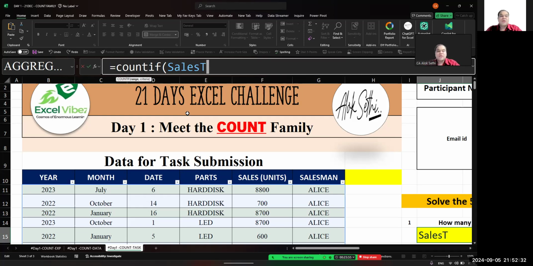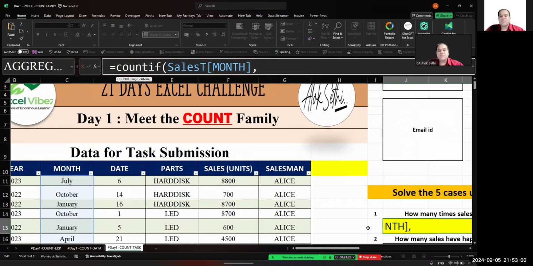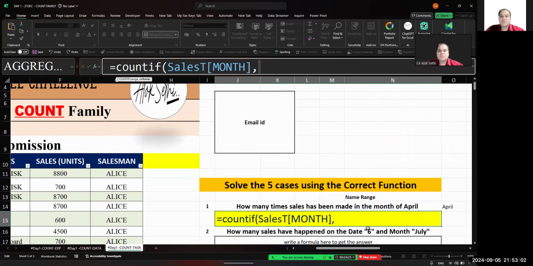So Sales T, now you will put a square bracket, opening square bracket, और यहाँ पे लिख देंगे क्या? Month. As you start typing month, do you see a prompt? मंथ दिख रहा है आपको? Tab press करेंगे, close the bracket. Now which column is selected now? कॉलम कौन सा सी। Month column is selected. Okay, now which month do you want from the month column? April. अप्रैल।